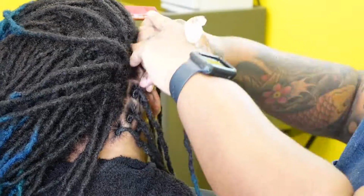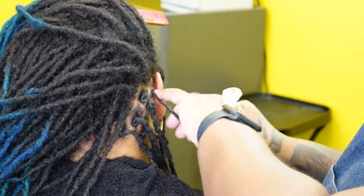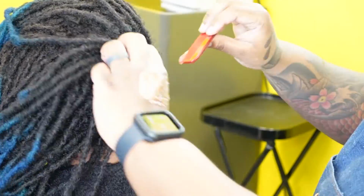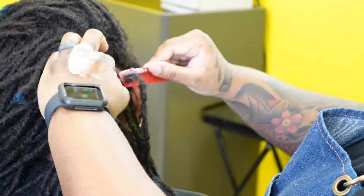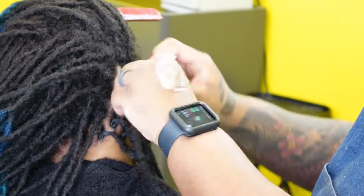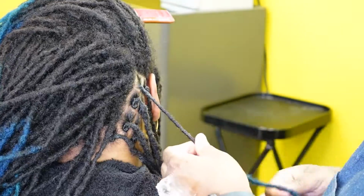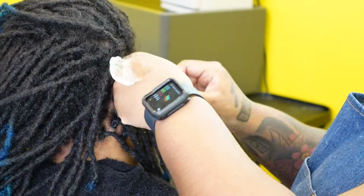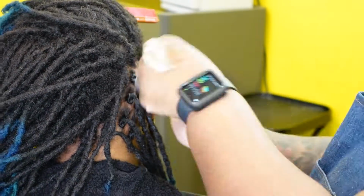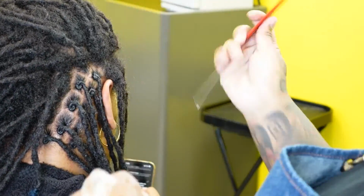So yeah, I just usually twist the hair in a direction that it's going to go. Like the braids, you're going to see in a minute what direction the braids go in. My client has diamond parts, so I pretty much do it the same way that I do everything else. I just clean up the parts where they are already stationed, and I just palm roll, locksmith, and I curl it at the root. And then by the time I get done with the hair,